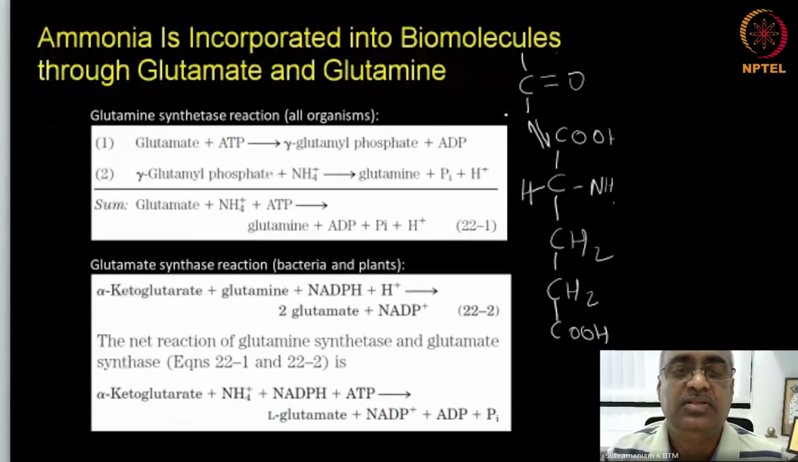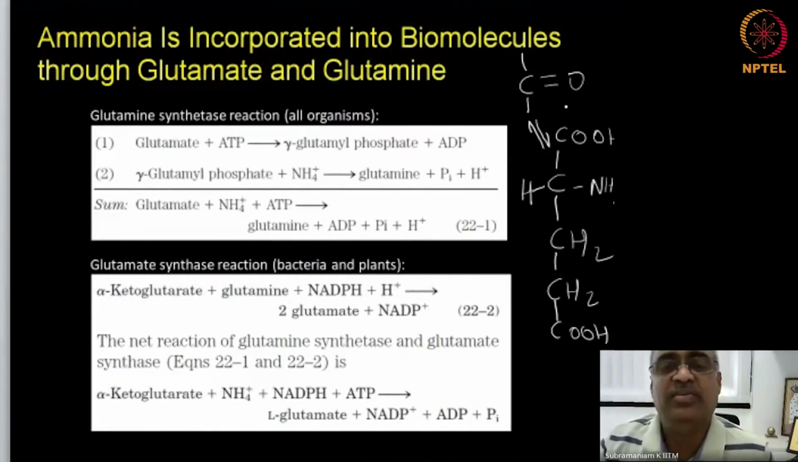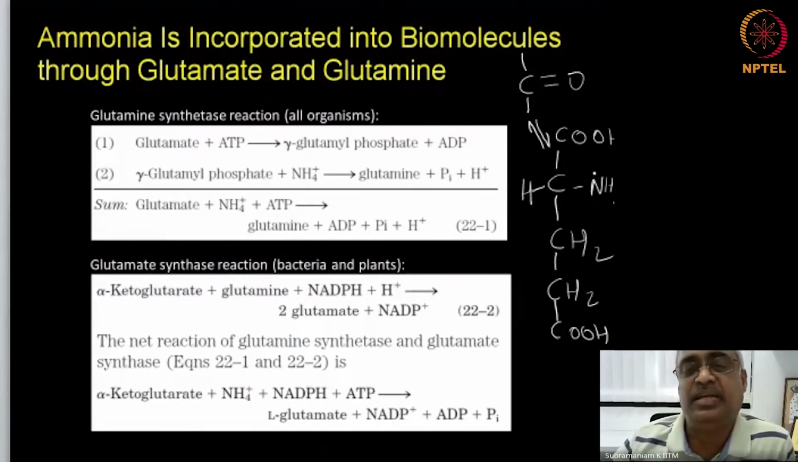So through a transamination reaction you have this. This conversion is what we call a transamination reaction. Okay, so alpha ketoglutarate, which had the double bond O structure, now by transferring an amino group from another amino acid,